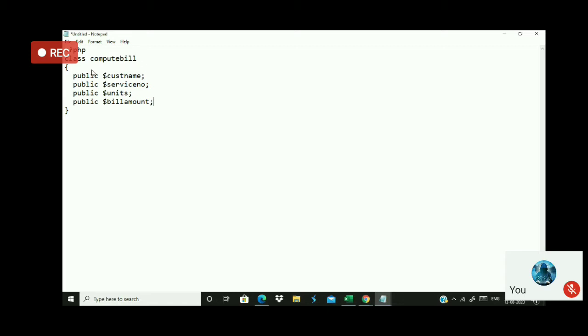Now the first step I have to do here is collect the parameters from the HTML file. Okay, and I should involve a constructor. There are 4 parameters here. See, all these 4 parameters should get initialized and computed over here. So first I have to make a constructor for this class called compute bill. So how will you write a constructor? Can anyone tell me how to write a constructor for this?